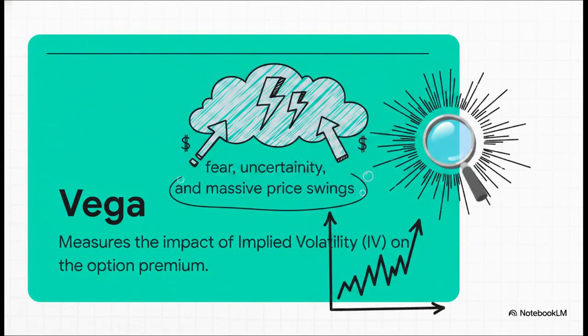All right, let's see how all this builds with our next Greek, Vega. Vega measures the impact of implied volatility, or IV, on your option premium. So what exactly is implied volatility? Well, simply put, it's the market's expectation of future fear, uncertainty, and massive price swings. When people are scared or just really unsure about what the market's going to do next, IV rises. And when IV rises, option premiums get incredibly expensive. Vega is basically the metric that tells you just how much that premium is going to inflate for every 1%